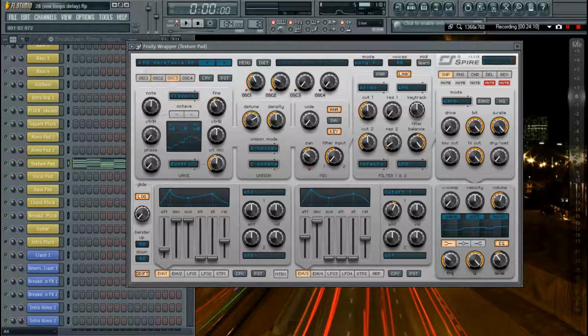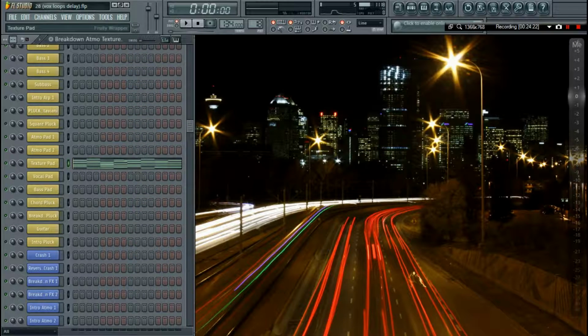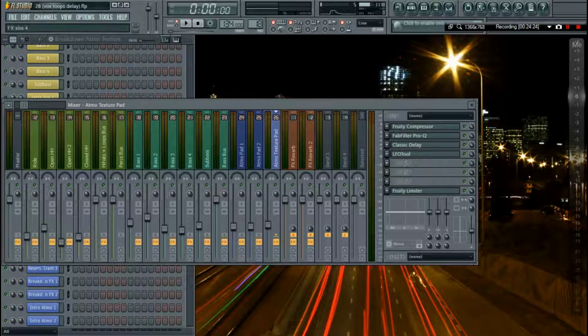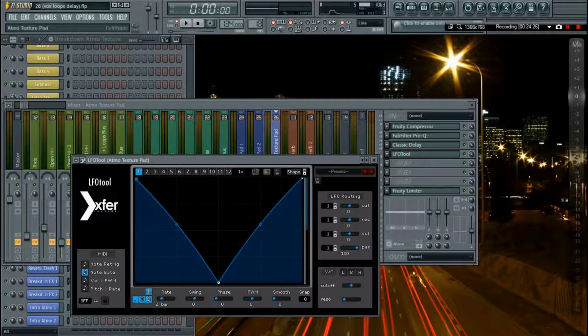So all the knobs are dead center, even though only oscillator 1 and 2 are playing. So as you can see, this doesn't matter really. Oscillator 2 is on 0 and 1 is on 0 as well. So how do I automate the panning? I just use LFO tool, and